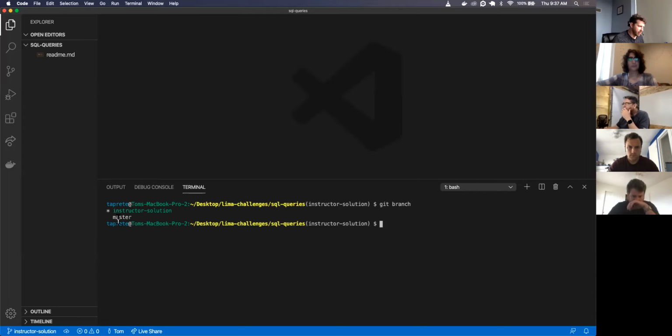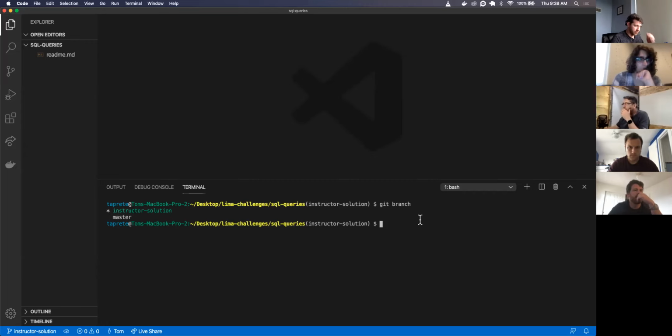I can see here's my master branch, and I'm currently on the instructor solution branch. So yeah, I forked it over from Lima to my personal GitHub account. I git cloned it down to my local machine on my laptop, and then I switched to a new branch because I don't want to work directly off a master.